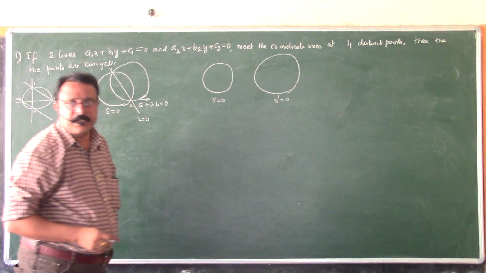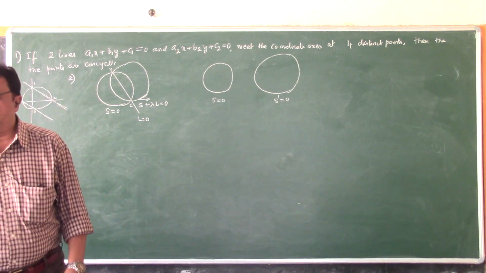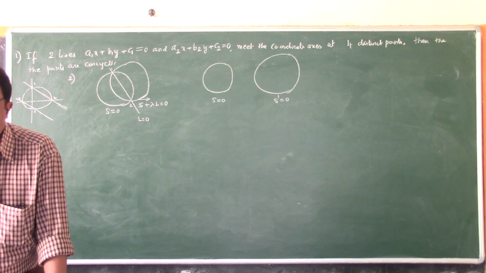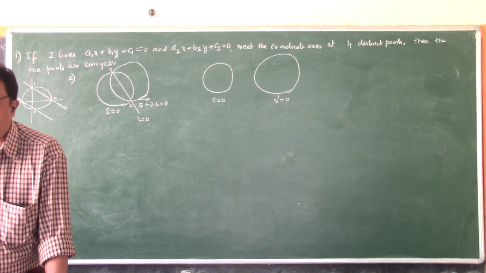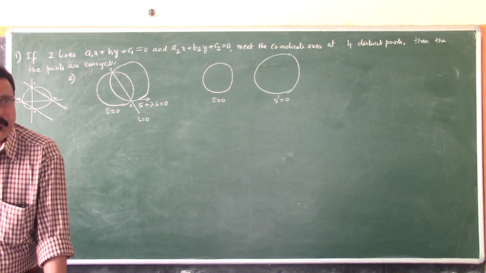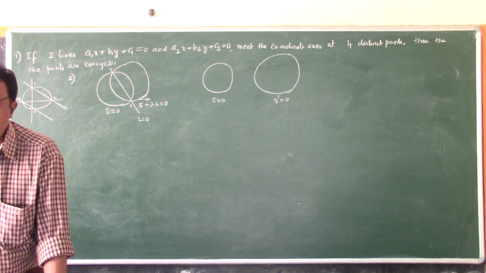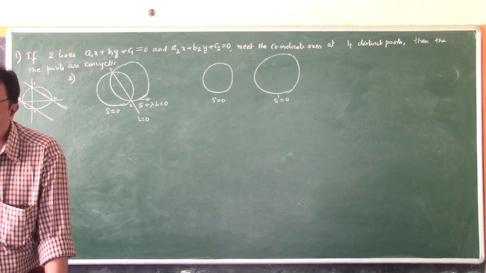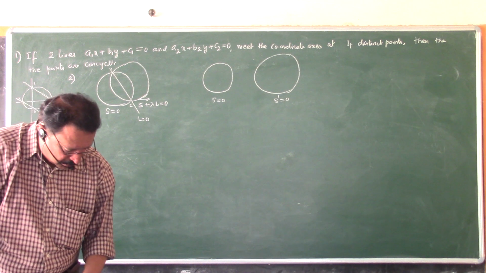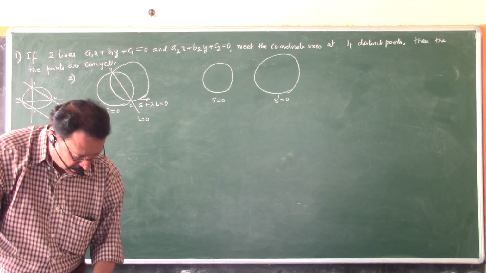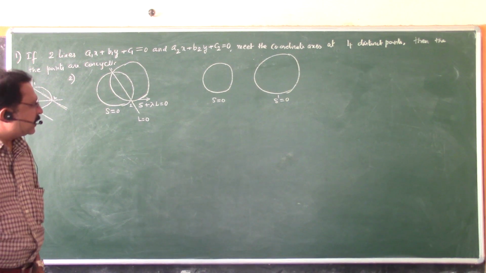What is S is equal to 0? X square plus y square plus 2gx plus 2fy plus c equals 0. What is S dash is equal to 0? S dash or S1? X square plus y square plus 2g1x plus 2f1y plus c1 is equal to 0, because the center and radius will vary. Now let's talk about the number of common tangents, and C1 and C2 and R1 and R2 are respectively the centers and the radii.